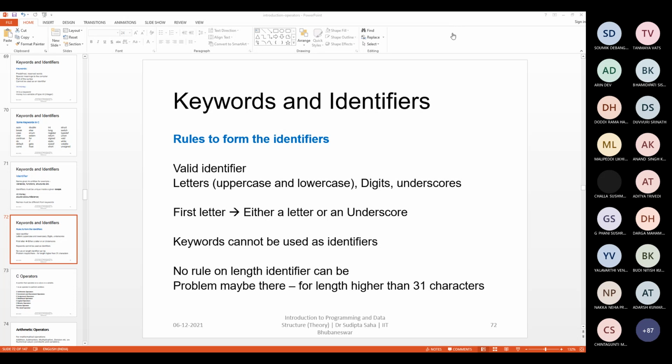Sir, I have a doubt. When we use char with scanf and percent C, and we have to input two things, like I have first inputted an int, and then I press enter, it doesn't ask for a char value. It takes the enter as the char value. So how do I deal with that?